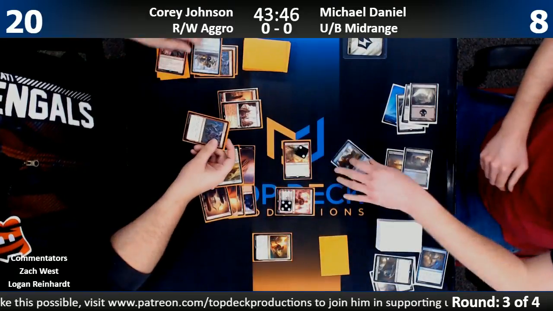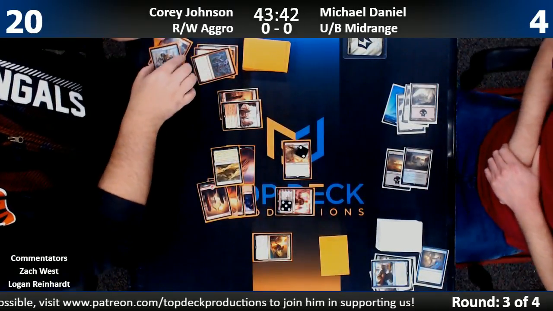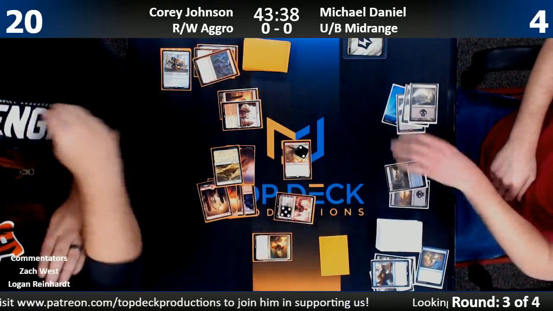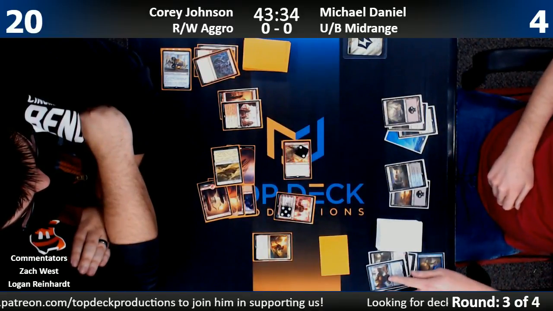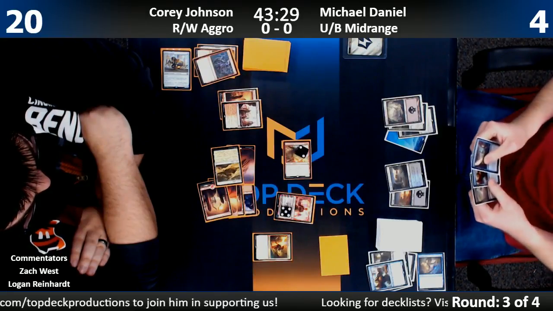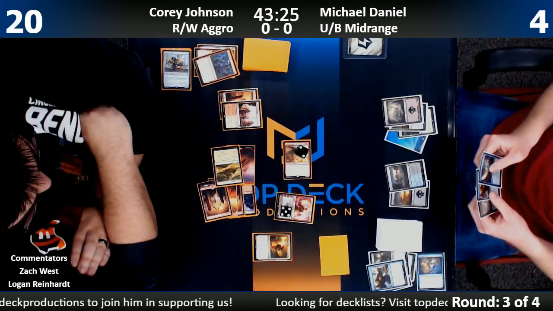Michael Daniels actually, because of that exertion, he's going to be able to exile this Chandra with the Vraska's Contempt. Yep. Then he's also got Essence Scatter, and then on his next turn, he also has Torrential Gear Hulk to flashback the Vraska's Contempt. Yep. I think if I was Corey, I don't know if I would have done that